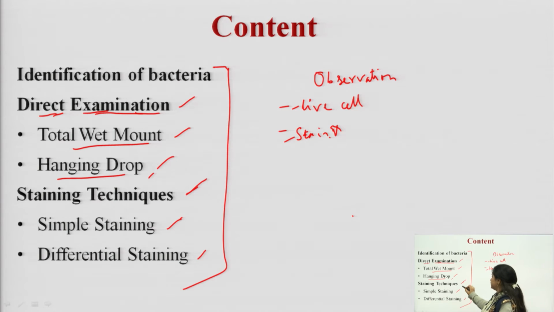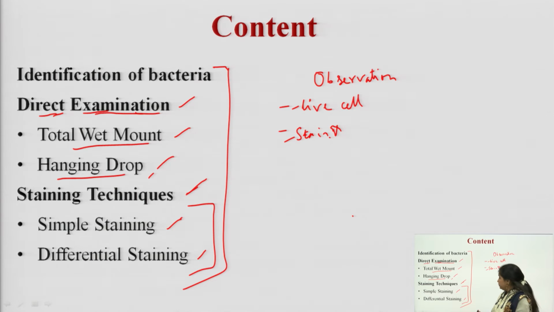So staining techniques can further be divided into various parts like simple staining and differential staining. Simple staining is a staining in which only a single type of dye is used, single colors like methylene blue, carbol fuchsin. Various types of staining reagents are available which can be used to color the specimen. These dyes will color the cells, and those colored cells will be observed under the microscope. We will be able to analyze their shapes and structures. But in simple staining only a single reagent is added to the slide to observe the images.